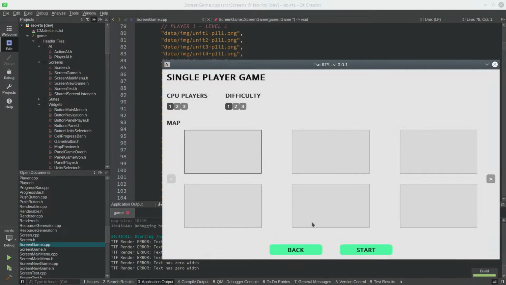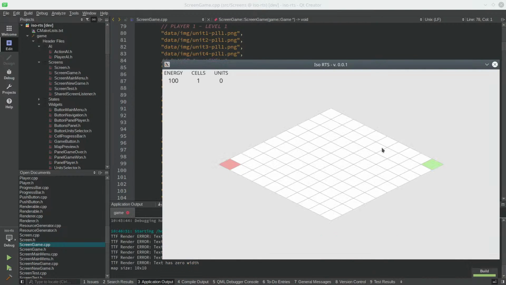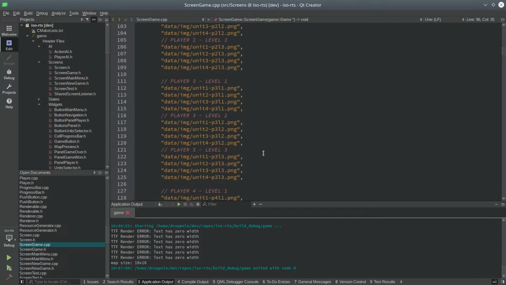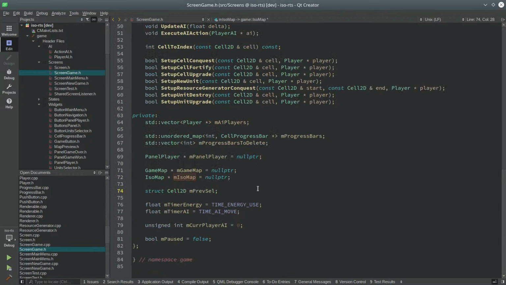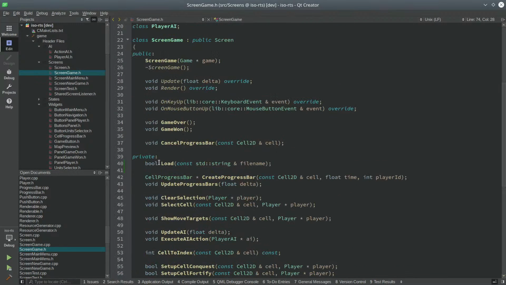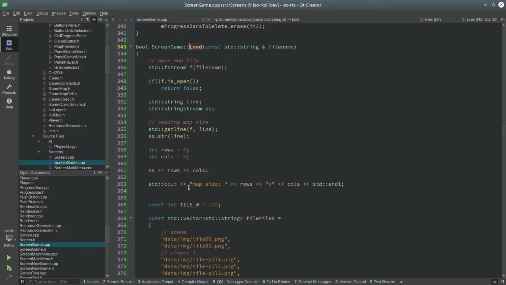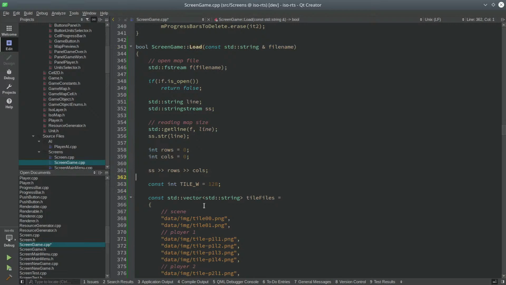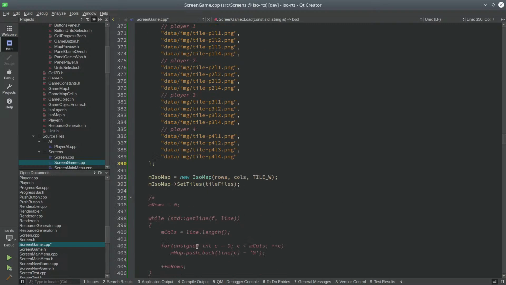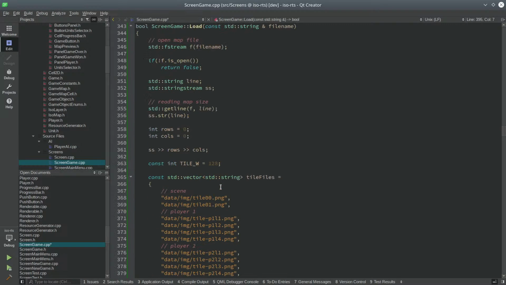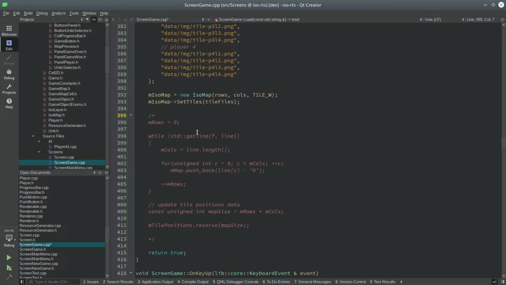We should get the empty map. Okay, sounds good. So we have a base now. We can start to implement things properly. Let's get rid of these. We don't need that. We have the map. Okay, so what I'm gonna do now is